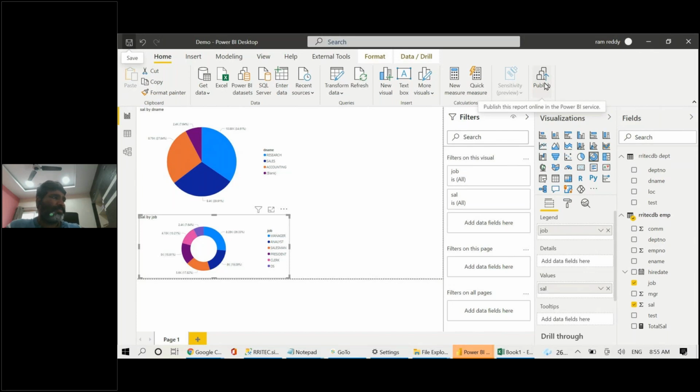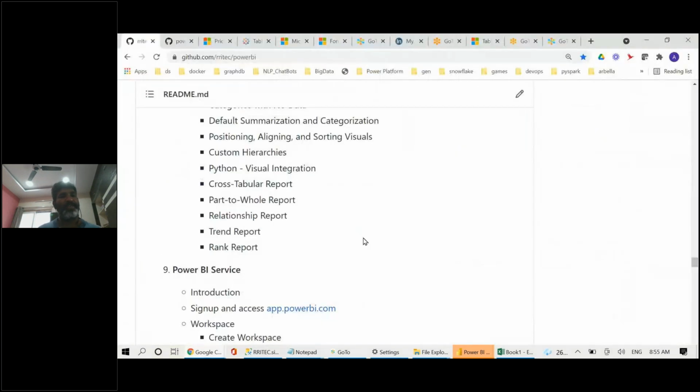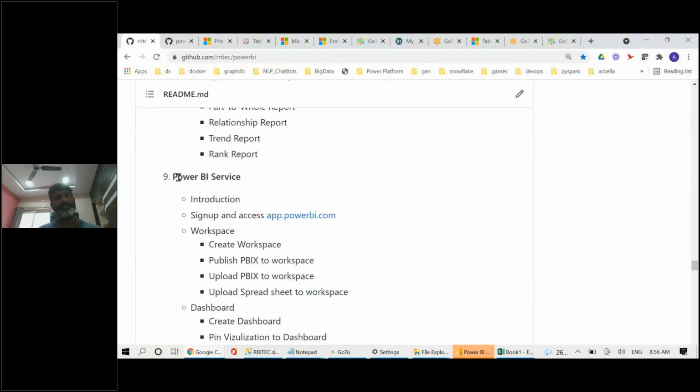Publish. And if you publish, where is it going to store it? The storage point is called, what is the name? Power BI service. I said already, Power BI service is an Azure component,